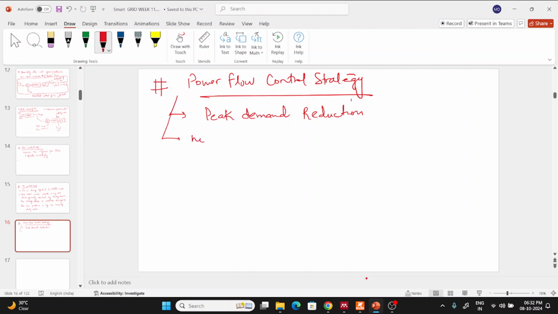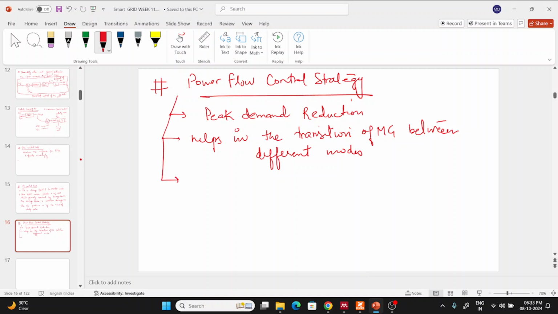So it helps in the transition of microgrid between different modes like isolated mode और a grid connected mode. Okay, इससे एक और फायदा होता है, it helps in control and management of